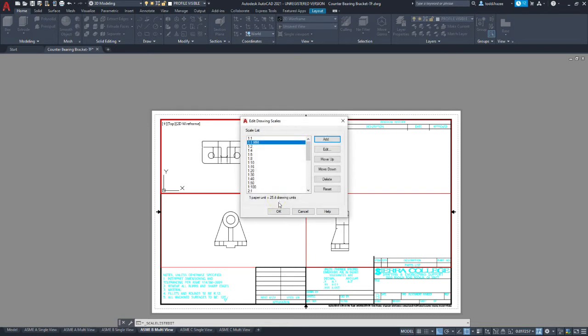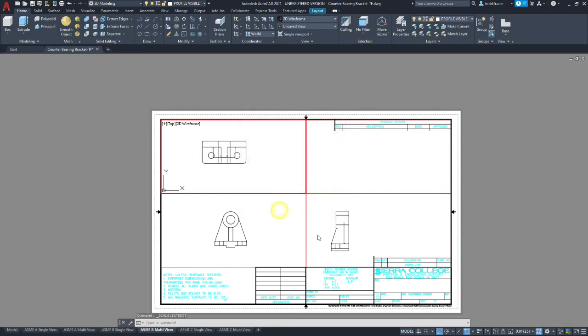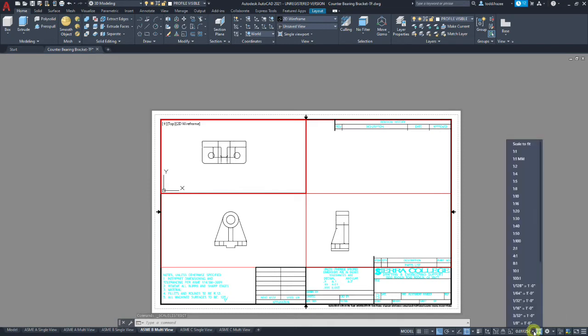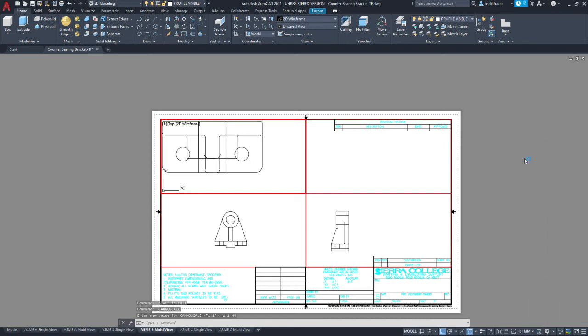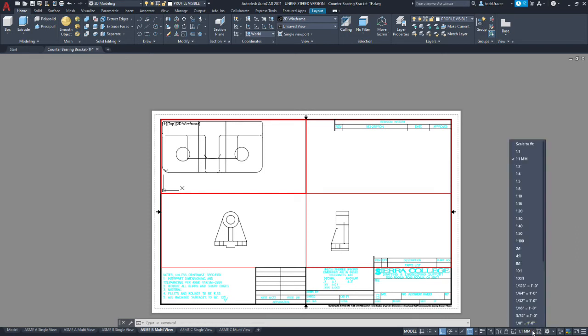We hit OK. Now let's select OK, and let's see what it does to that view if we now pull down on the arrow and select 1:1 in metric. Okay, so that's probably too big for anything we're going to dimension. There won't be room for the dimensions to fit around, so we know that's not going to work. But we might use it for another drawing.